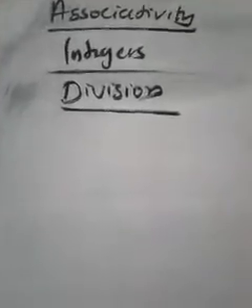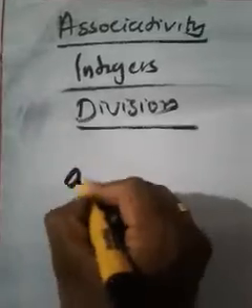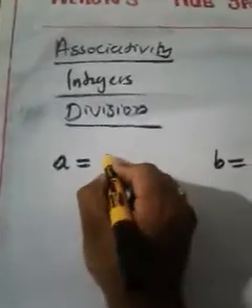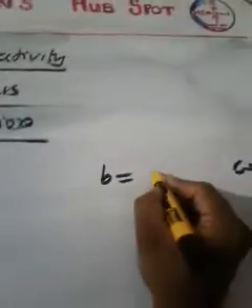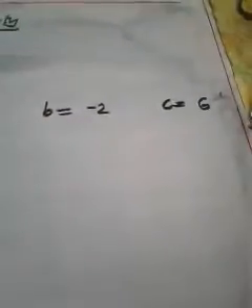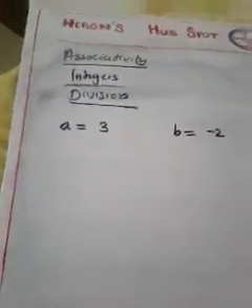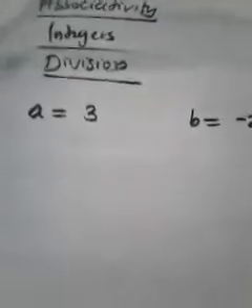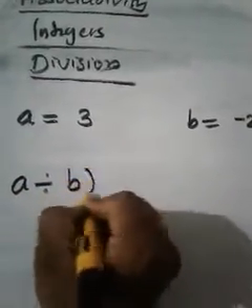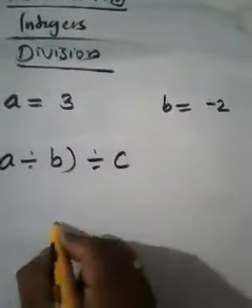And the last but not least, the most important operation, division. So in order to check division, we know how to divide. We already checked division in rational numbers, so it is going to be very easy for us. Let me select a as 3, b as minus 2, c as 6. Let me select some difficult example like this. As I said, if you know how to do a difficult example, then the simple example will be simpler for us. So we have to check a divided by b divided by c first, isn't it?